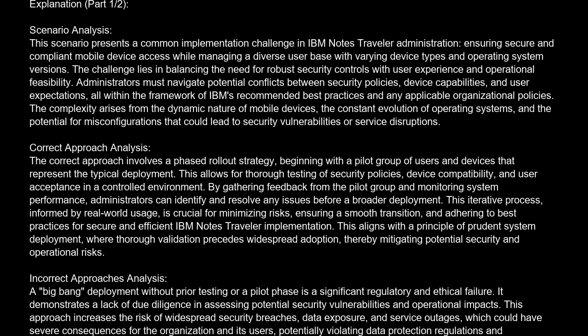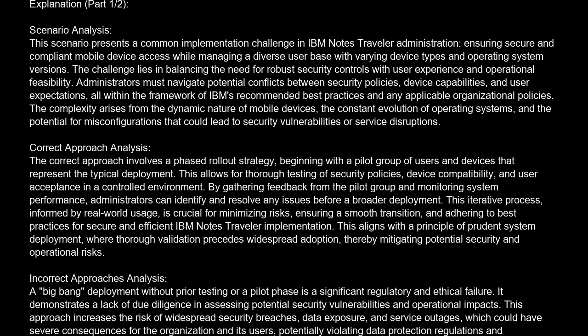Correct approach analysis. The correct approach involves a phased rollout strategy, beginning with a pilot group of users and devices that represent the typical deployment. This allows for thorough testing of security policies, device compatibility, and user acceptance in a controlled environment. By gathering feedback from the pilot group and monitoring system performance, administrators can identify and resolve any issues before a